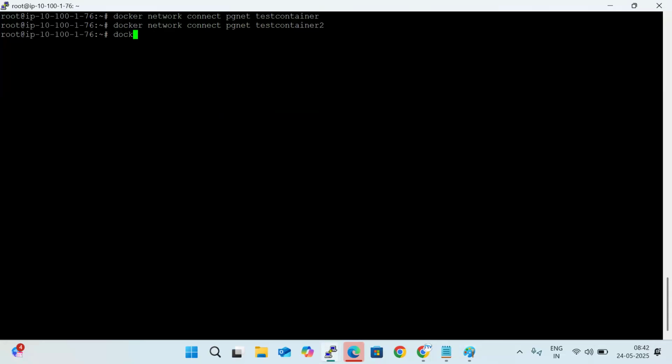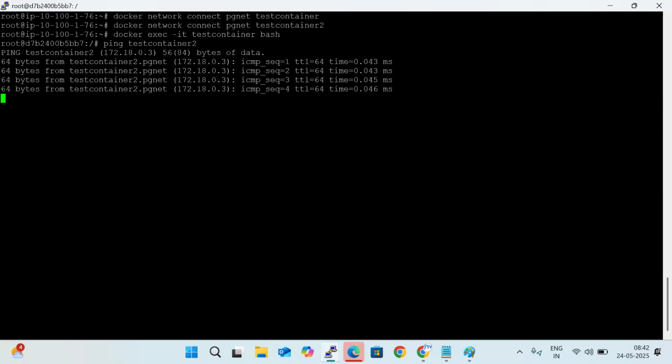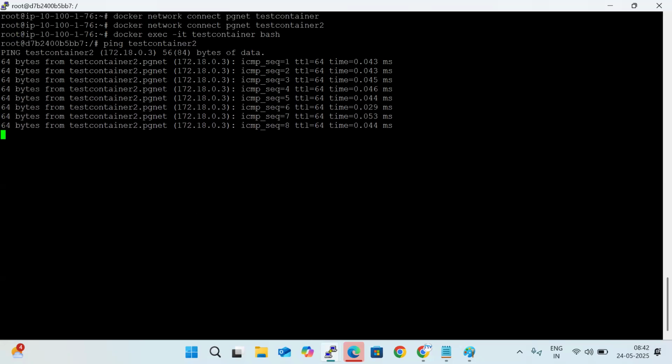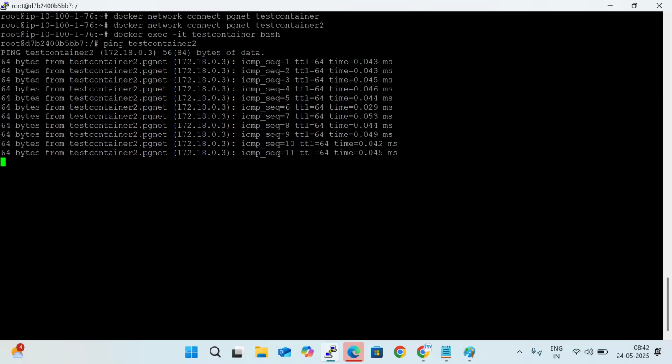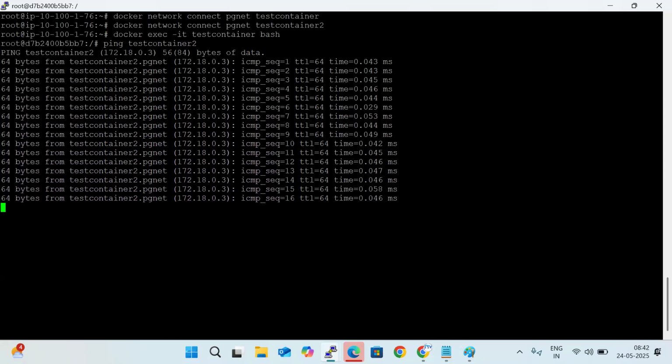So now let me log on to the test container. Docker exec -it test container bash. Now if you can see, ping test container 2. Previously we got an error. Okay, test container 2. But now you can see we are getting the response. So which means that the test container is able to communicate with test container 2 through the name. So it only happened because of the custom network adapter. With the default network adapter, you cannot communicate with the